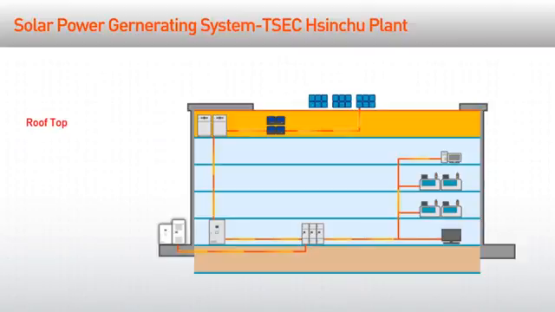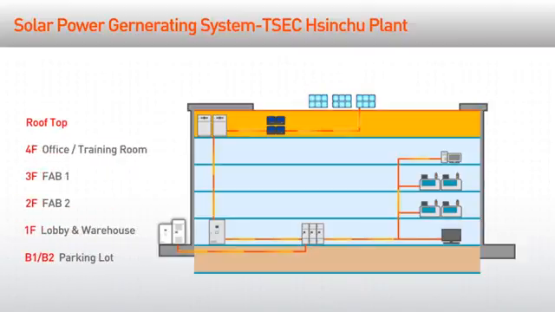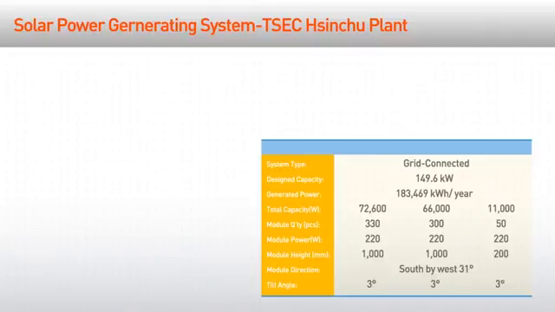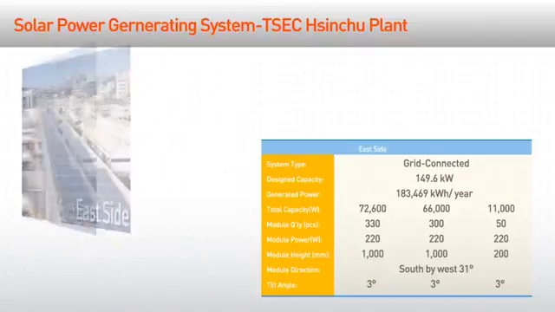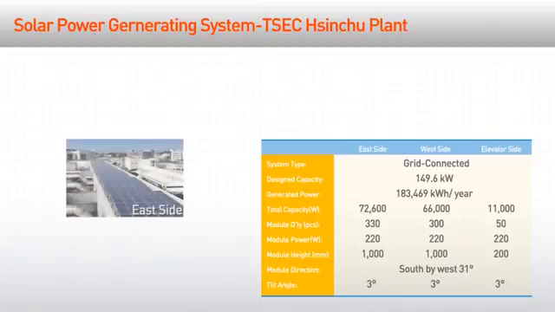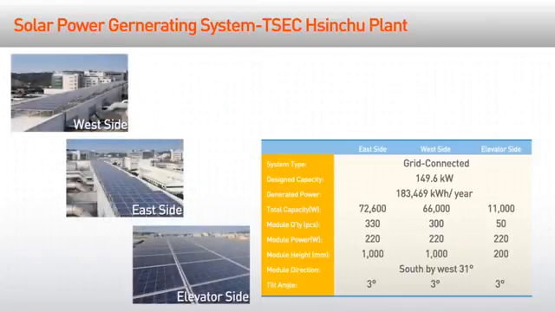TSEC's first rooftop solar power generating systems at the Hsinchu plant began operating on December 26, 2011. The solar power generating systems were built on the east side, west side, and elevator side on the rooftop of the Hsinchu plant. We adopted a grid-connected system with a total area of 1,650 square meters,